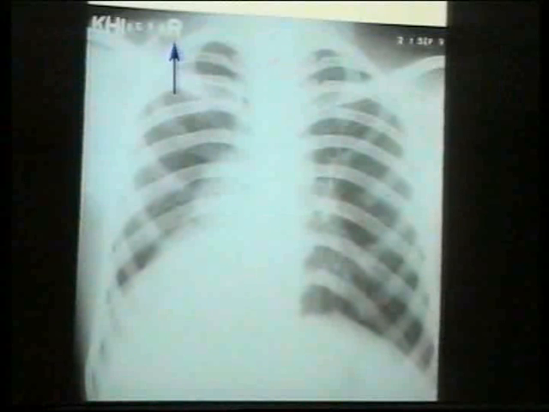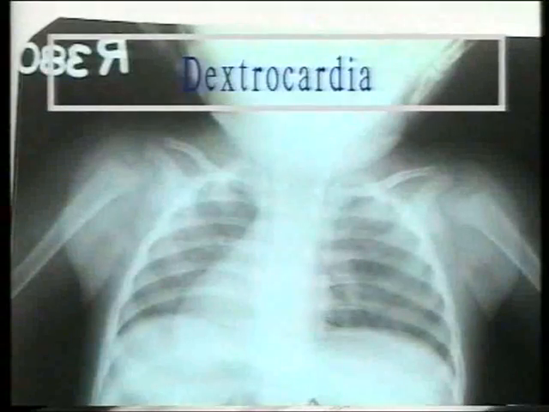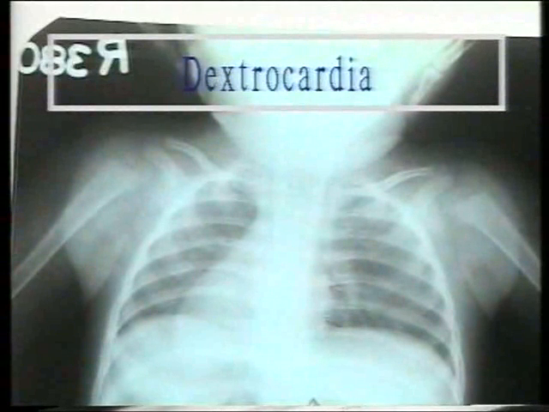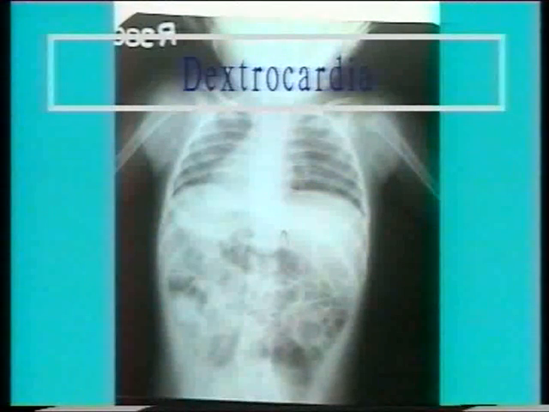Of course, one must be certain that the X-ray is correctly labeled. If the mark R is mistakenly put on the left side of the X-ray plate, a wrong diagnosis of dextrocardia may be made. So if in doubt, a clinical correlation and fluoroscopy should be done to confirm the diagnosis. In this child, there is dextrocardia with the apex on the right side and aortic knuckle on the right side. Now note that the air in the stomach and intestines is located on the right side with the liver shadow on the left. This is situs inversus where all abdominal organs are also on the opposite side.